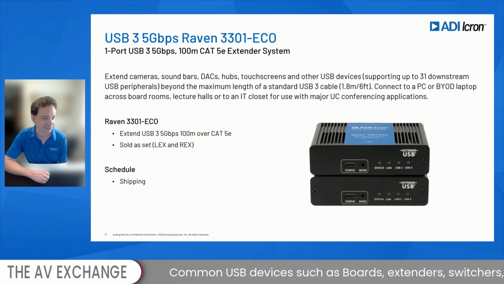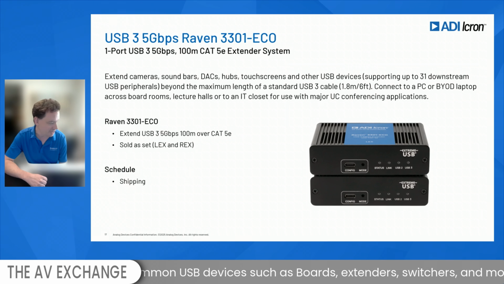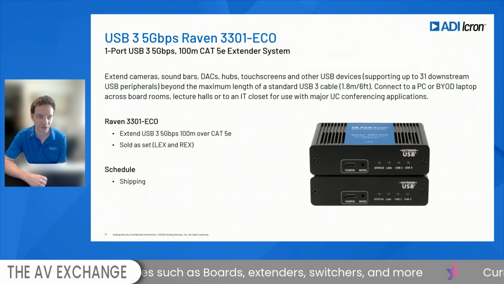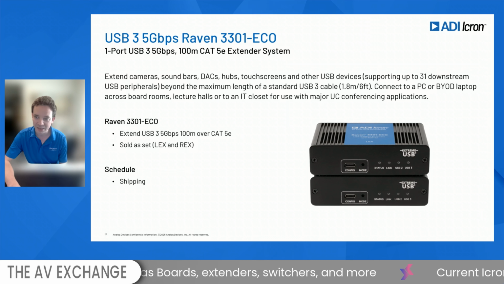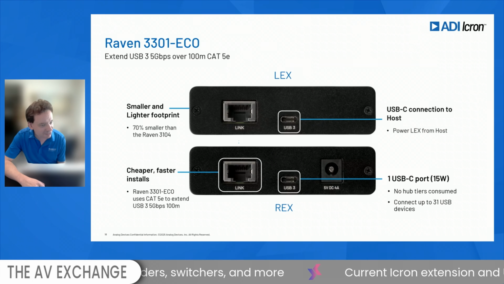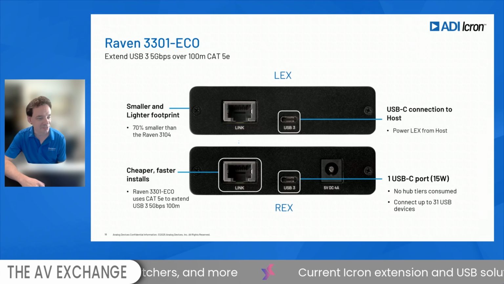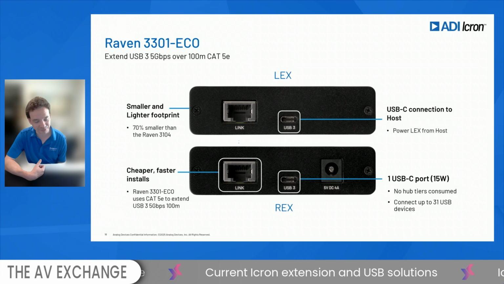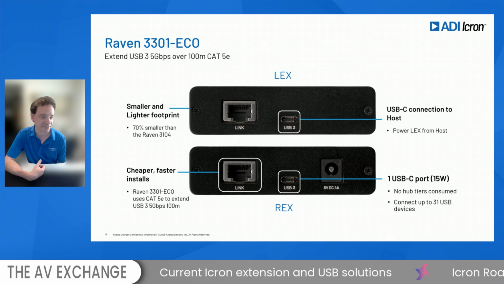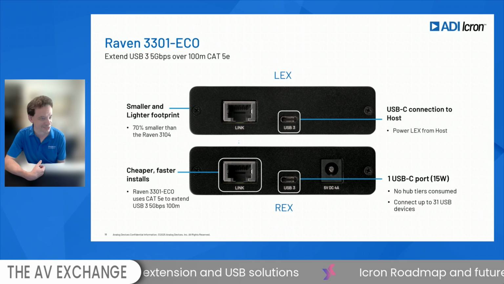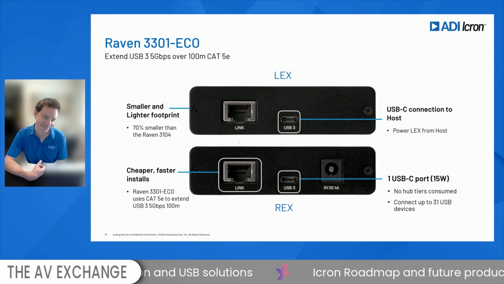Some cool things here, right? This works over Cat5e now. We don't need a Cat6a cable, so you can use in-wall cabling. If you've got an older install, you can just use it again. Also a little less expensive. Yeah, it's negligible in the scope of a project, but it's worth mentioning, man. Yeah, no, exactly. So this retails as a set for $660, down from, I believe, $1,800. So a little bit of a cost savings from our end.